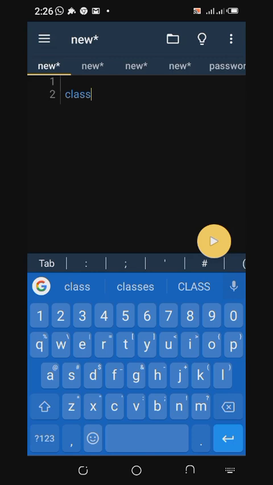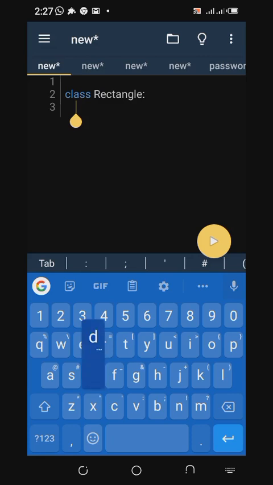So now we are going to write a simple program that will calculate the area of a rectangle using classes. How do we do that? I'll create the class and name it rectangle. Alright. So inside this class, I'll now define the init function, def init, double underscore. Then inside the init parentheses,